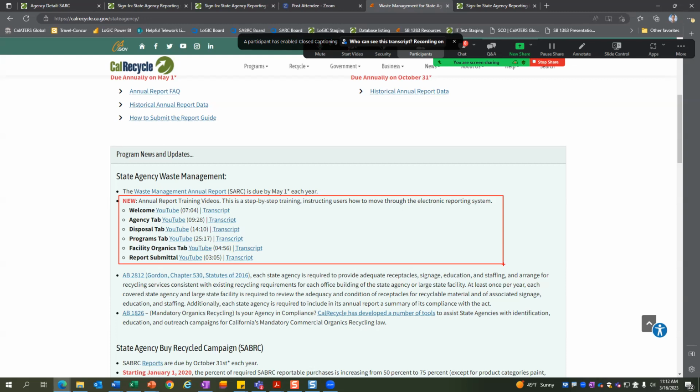We want to put markers in them so it makes them easier to navigate. I'm hoping to get those up by the end of the month, so you at least have the entire month of April to review the videos and use them to fill out your report prior to the May 1st deadline. We'll send out listserv messages to the recycling coordinators when they are updated.